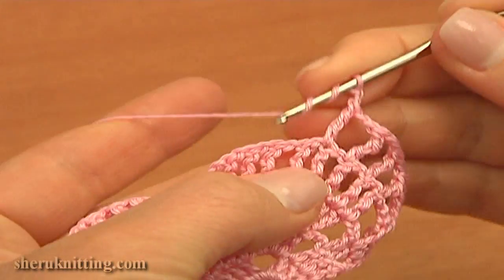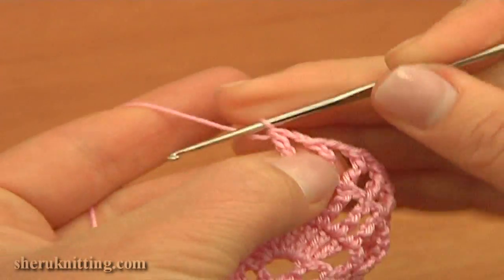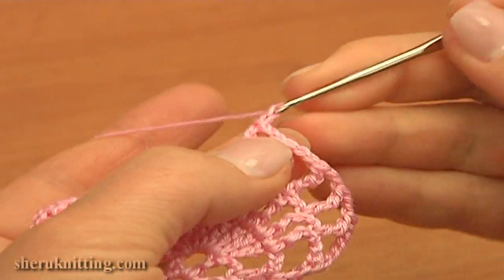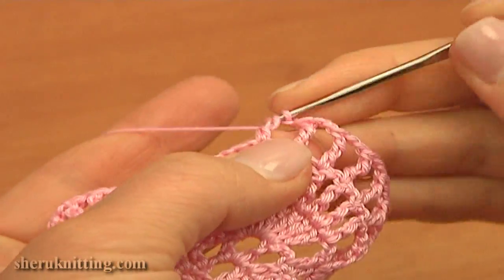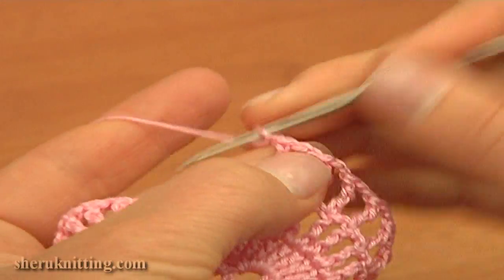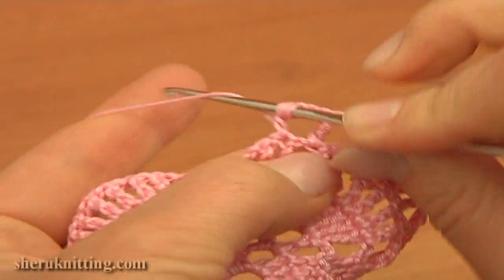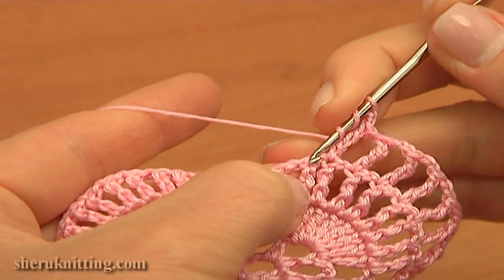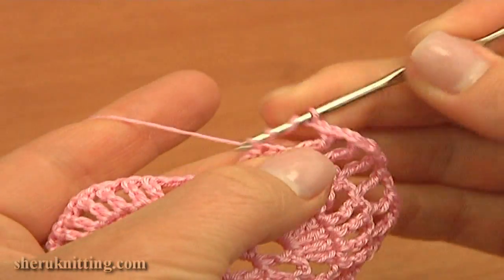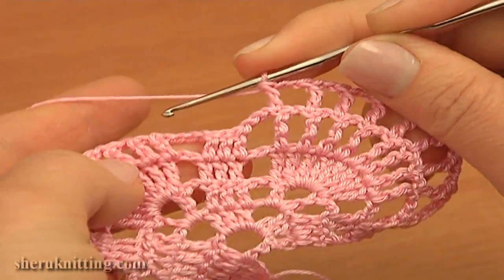So chain 2, treble crochet through the next treble. Again, chain 2, treble crochet through the treble. Again, chain 2, treble crochet. Chain 2 and work the last treble here. Then chain 4,